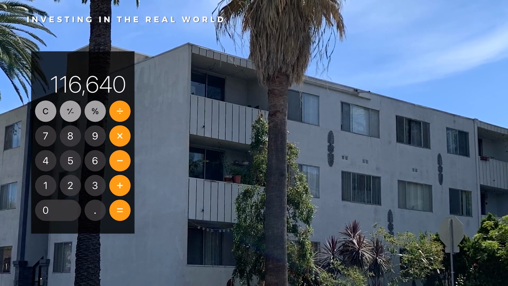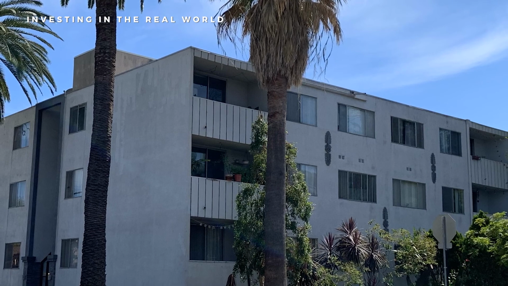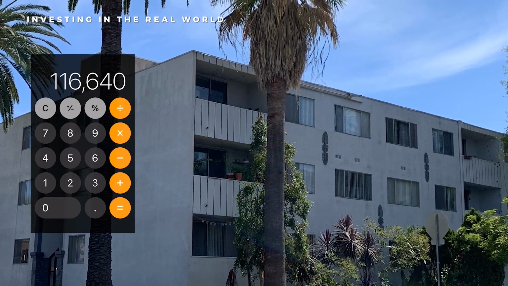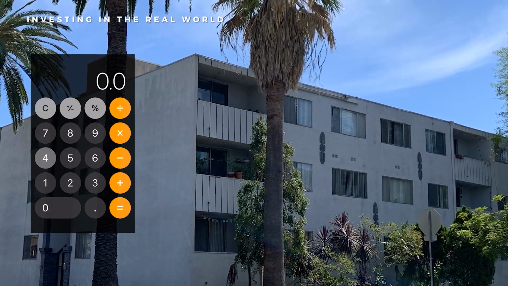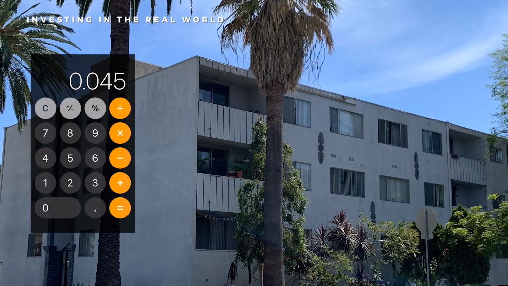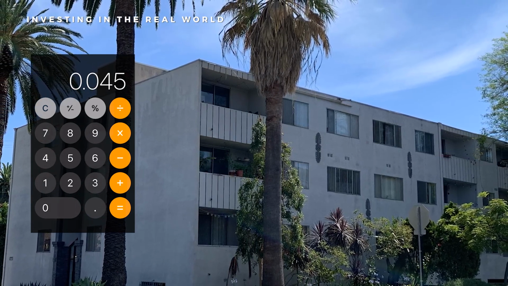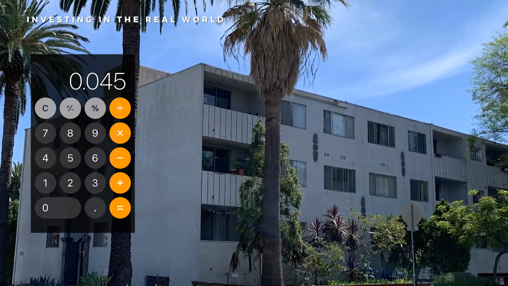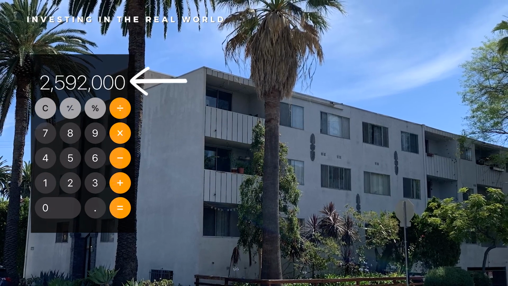Well, how much is that? If you get this increased value in income, how much is your property worth now, right? What is the new valuation? So 116,640 divided by 0.045, that's a 4.5 cap. The reason I don't use a 4 cap, even though I may have bought it at a 4 cap, is because you want to be conservative. You can't buy high and then also sell high, right? Divide by 0.045, that gives you an upside value of